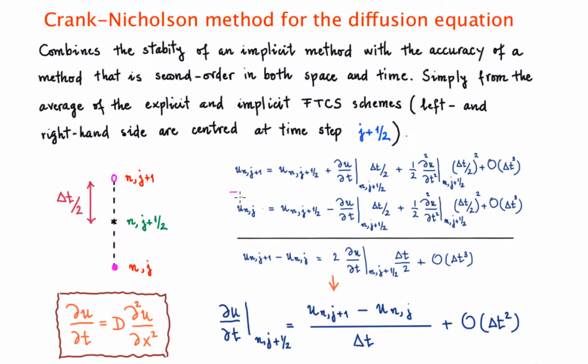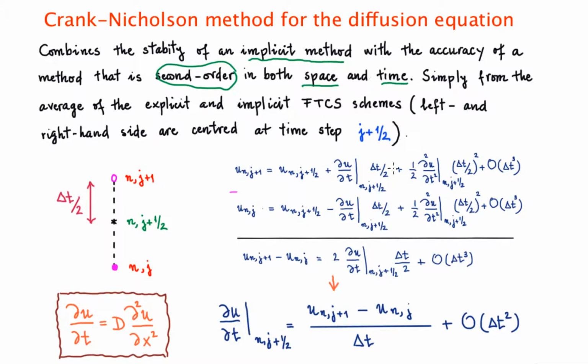We are going to describe another finite difference representation model for the diffusion equation we have here, and that's called the Crank-Nicholson method. Basically, it combines the stability of an implicit method, which, you remember, was unconditionally stable, with the accuracy of a method that's second order both in space and time. Remember that the implicit method we had before was second order in space, but